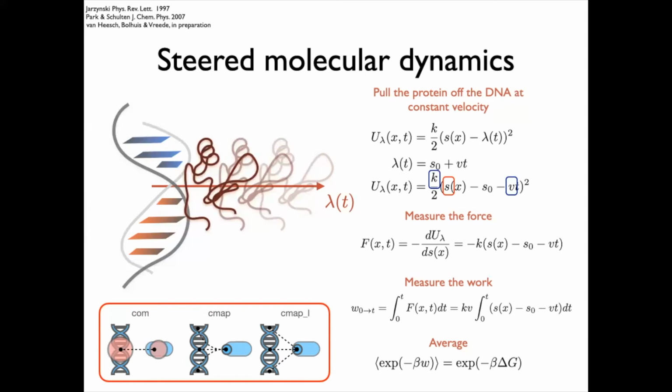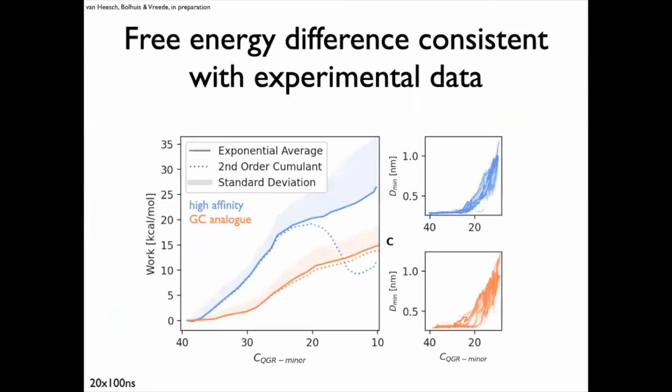We actually had to come up with quite an elaborate contact map parameter. In the end, I don't have time to really explain this, but with this elaborate contact map parameter, we could then reproducibly find a free energy difference for the high affinity sequence and the lower affinity sequence. And actually in a simulation time that you can run in, let's say, 2 days, which is much faster than